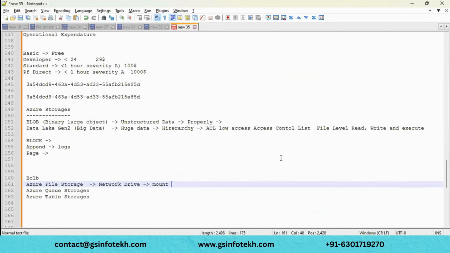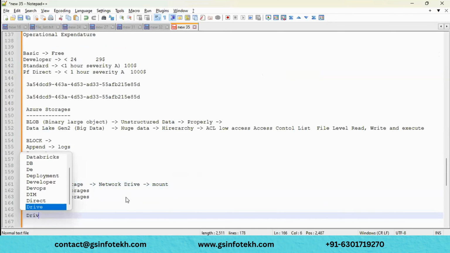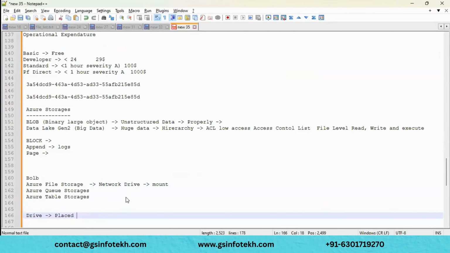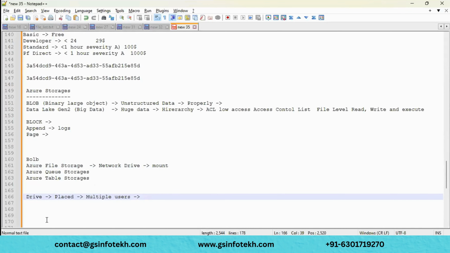It works on the SMB protocol, and the files are shared across Windows and the shared drive. For example, let's take one example. I have one drive, and all the files have been placed here, and this drive has access for multiple users across your team, and if I place some file,